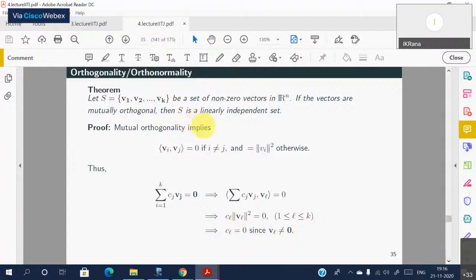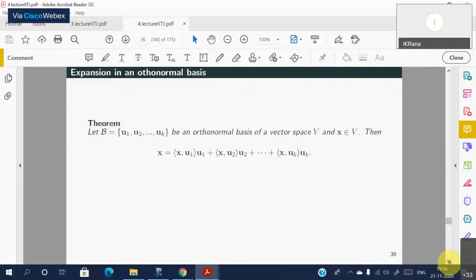But the converse need not be true. A linearly independent set may not be orthogonal. One can construct many examples. Take any two vectors which are not coincidental, and you can always show in R2 many basis vectors. We have already shown that. So the question is, another advantage of having an orthonormal basis is the following: because the coordinates are known, every vector can be written as the expansion very easily.